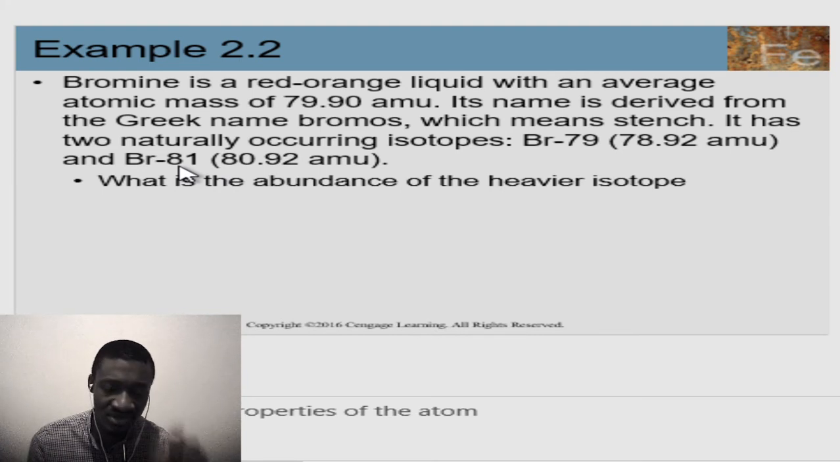You guessed right, it's 81. Obviously, it's 81. So I want to now find the percentage abundance of 81. So let's make the percentage abundance of 81 x, and the one for 79, let's make it 100 minus x, because if the one of 79 was y, to find y, it's going to be 100 minus x,